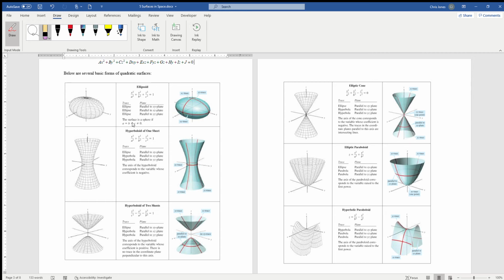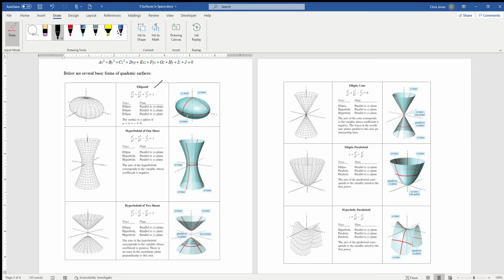So if you can somehow set the equation equal to the constant 1, then you know you're dealing with either an ellipsoid, a hyperboloid of 1 sheet, which is basically a cylinder that's been smashed in the middle just a little bit, or a hyperboloid of 2 sheets, which looks like the hyperbola except in 3 dimensions. Right? So another thing to note is how to differentiate between the ellipsoid, hyperboloid of 1 sheet and 2 sheets,